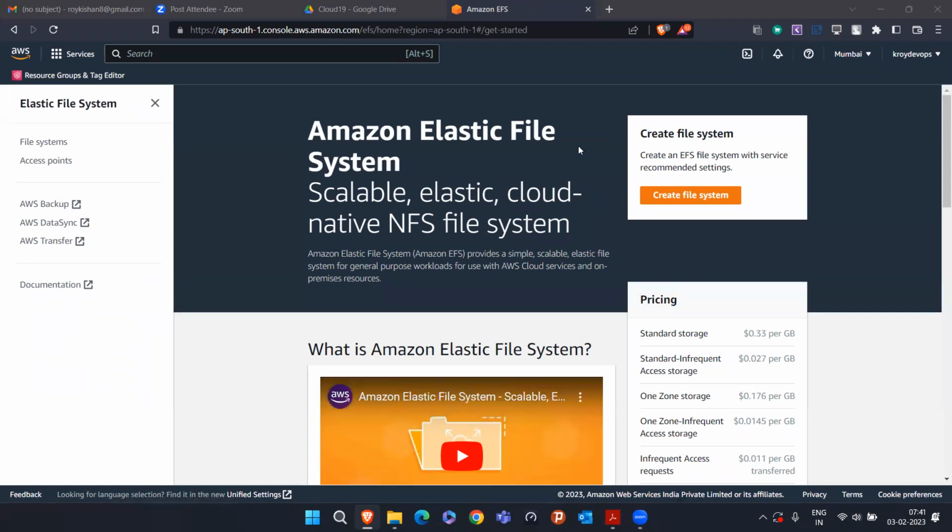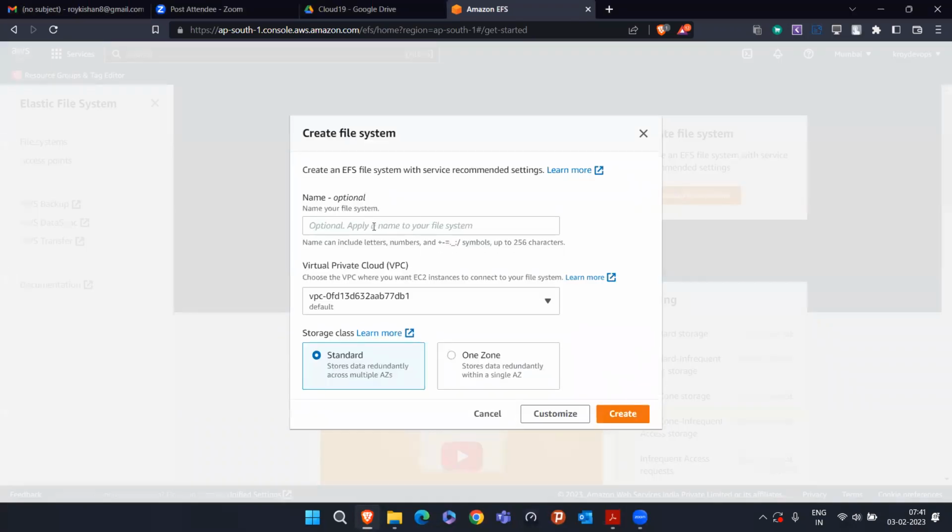So up to 5 GB of EFS volume comes under free tier. Just simply click here, create file system. Now they are asking what is the EFS name you want to give. Take an example, I'm giving the name as my EFS. Let everything be default, you don't have to change anything. What is VPC? Everything you'll get to know when we start with the Terraform. So just click on create